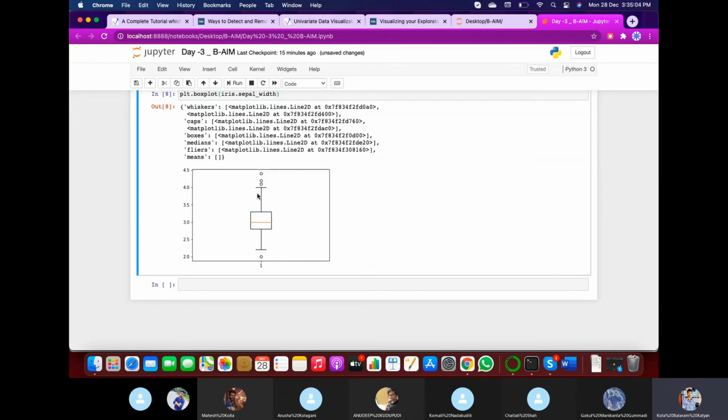The round shapes, that is the circles, are identified as outliers. The lowest point can be termed as the minimum range. This can be quartile 1, this can be the median, this is quartile 3, and this can be the maximum. These are the outliers, like 1, 2, 3, 4. The circles may represent the presence of an outlier, but don't quantify. Having one circle doesn't mean there is one outlier at that instance. Maybe there are two outliers at that instance, but it can be represented as only one.